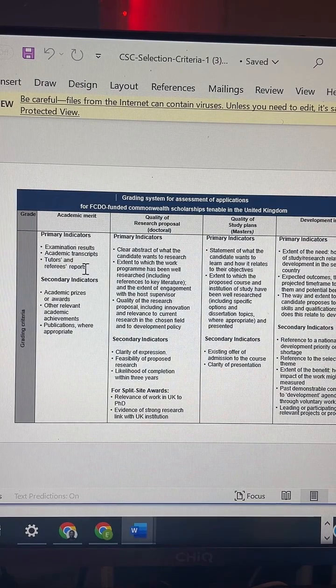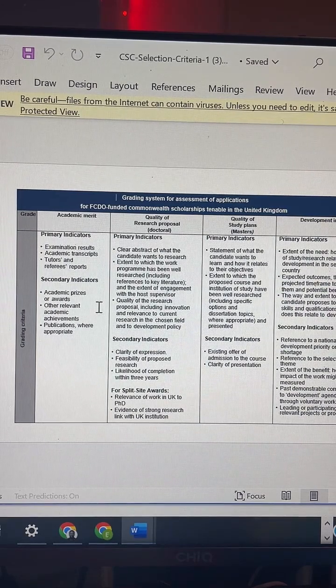And the first one that they are looking at is the academic merit. So that means that your examination results, your academic transcripts, and then your tutors' and referees' reports